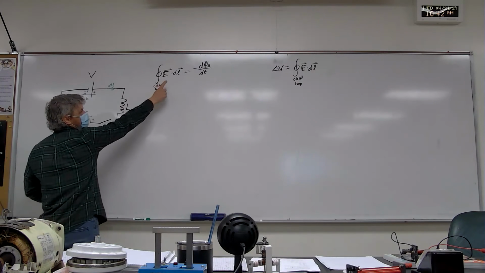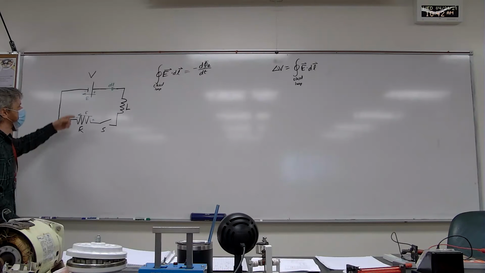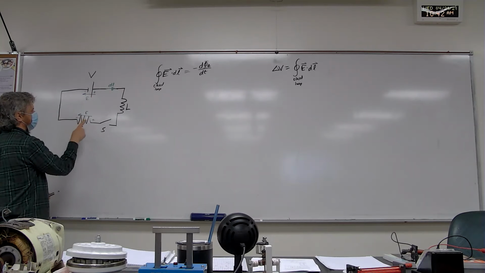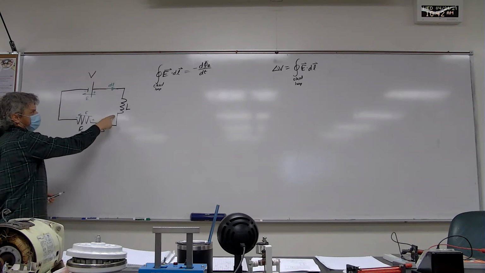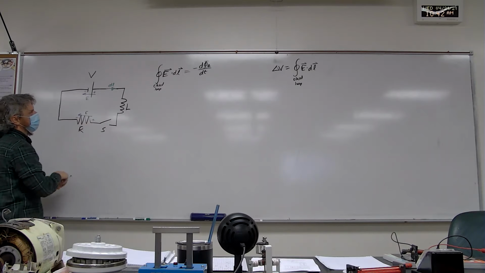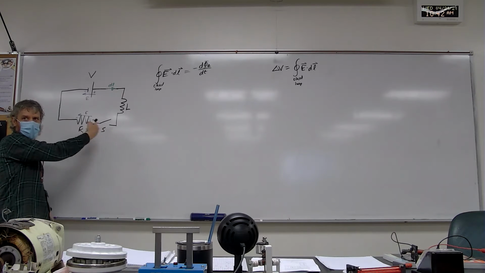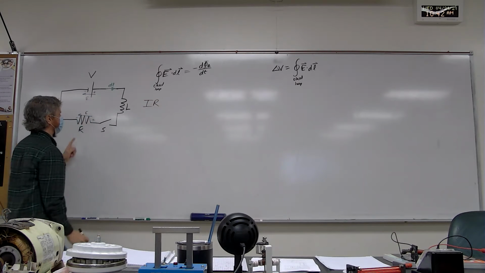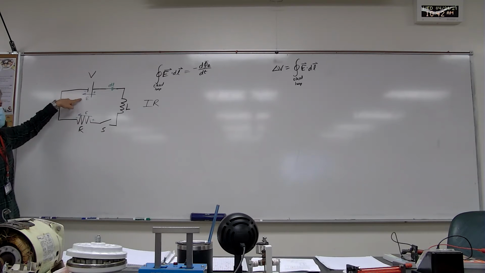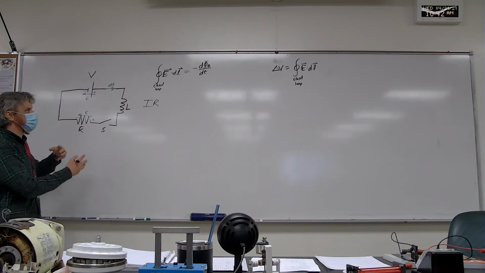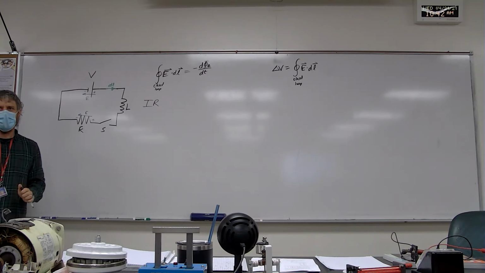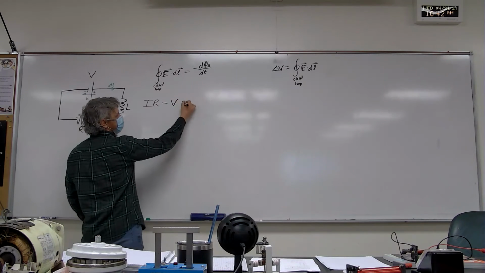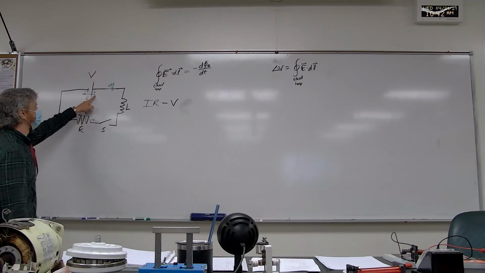Because when I integrate E dot dl, let's again go clockwise. Let's actually start from the resistor. We'll start from the resistor and go around and end up with the inductor. When I do the integral here, I get a positive I times R, because E and dl are in the same direction. Then I come up here, I get a negative V. I'm just integrating E dot dl, which just tells me a voltage. So I have minus voltage, and that's going to equal, because we don't stop there,